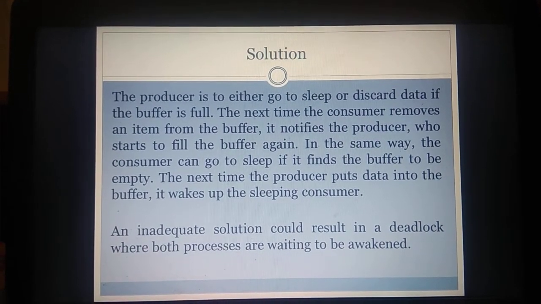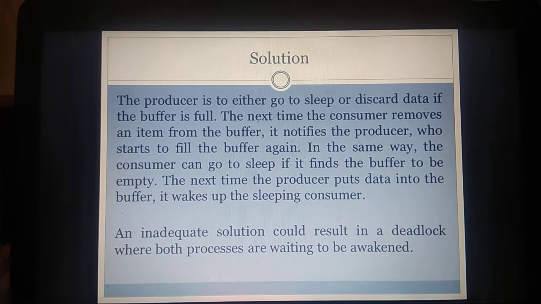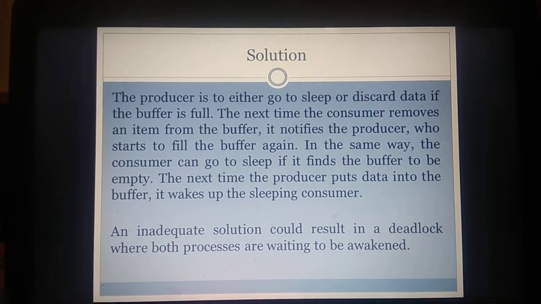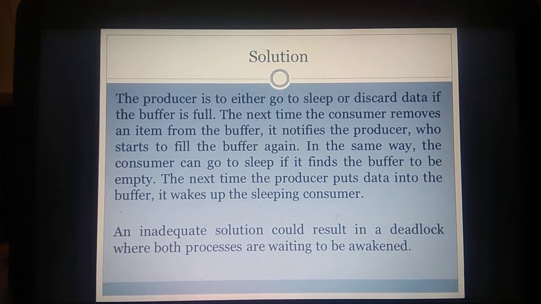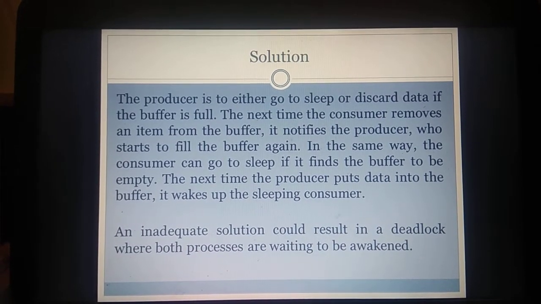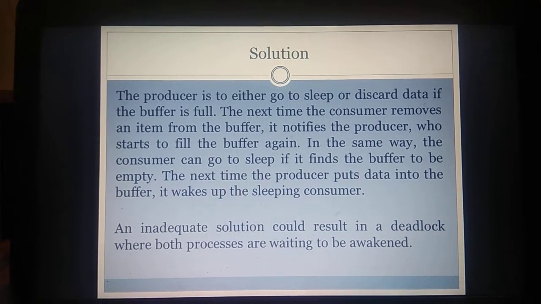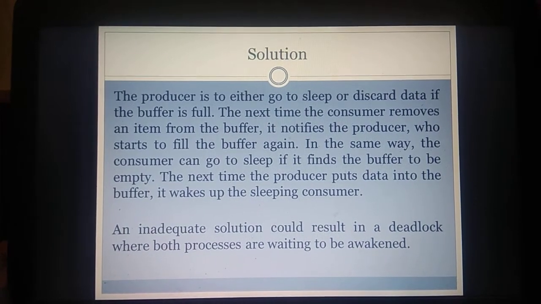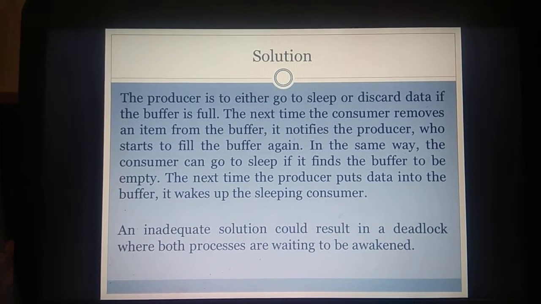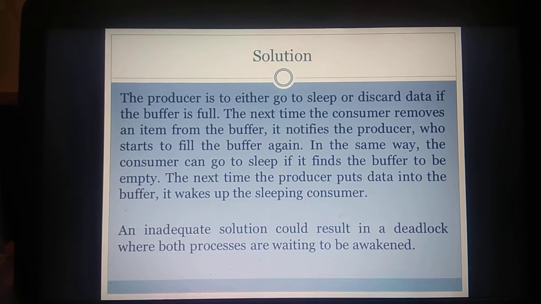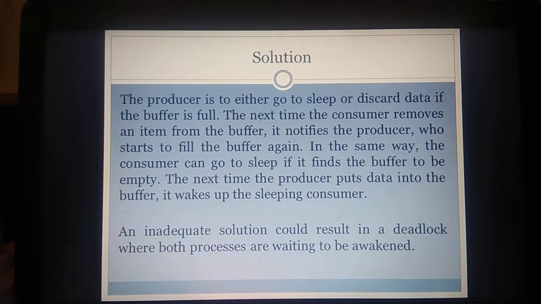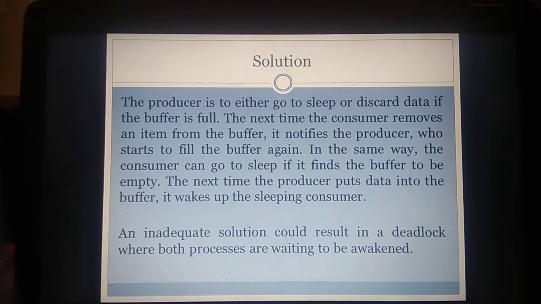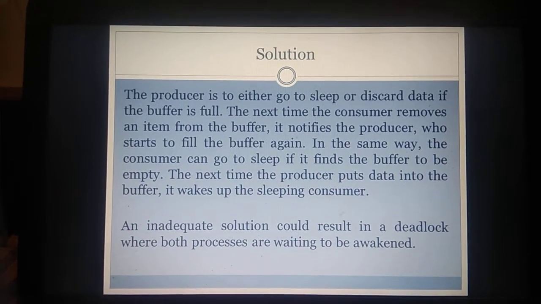When the data is filled in the buffer, the consumer thread will be notified and it will start to consume by executing the thread. Okay, so these are the two solutions we have to make it, and it should not go into deadlock. Both processes should wait and be notified, otherwise it will go to a deadlock state, because the consumer thread and the producer thread would execute at the same time, so it will be stuck and nothing will happen there. So we have to notify both the threads.